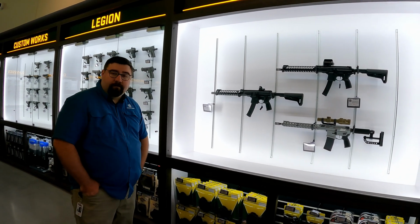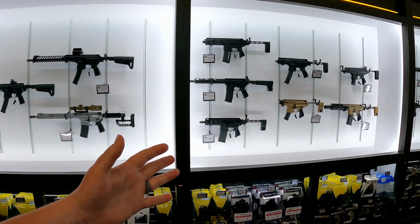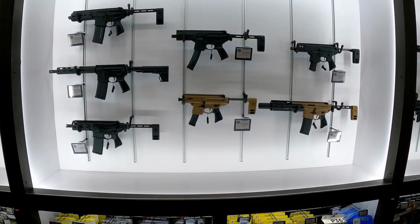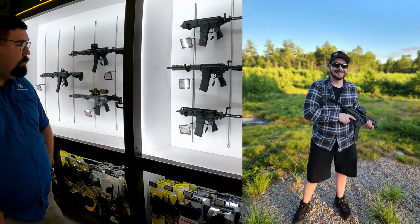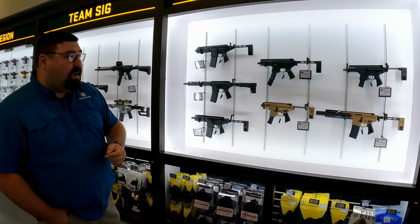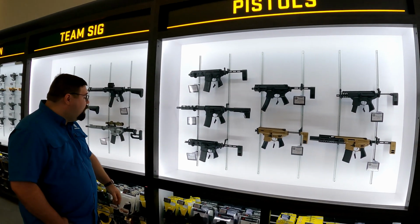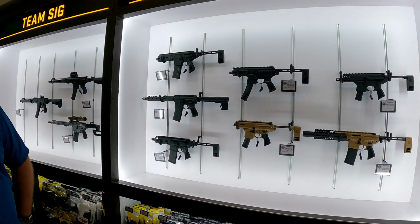And speaking of MPX, the most recent one was an MPX-K. I really like that. We've got everything from the Copperhead, which was kind of the first, even smaller than K sized. We've got the Rattlers now that are really your CQB oriented guns. So you can really pick a flavor of your caliber preference, size preference, and we can